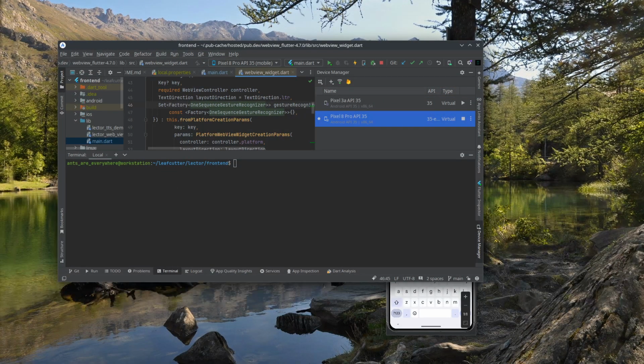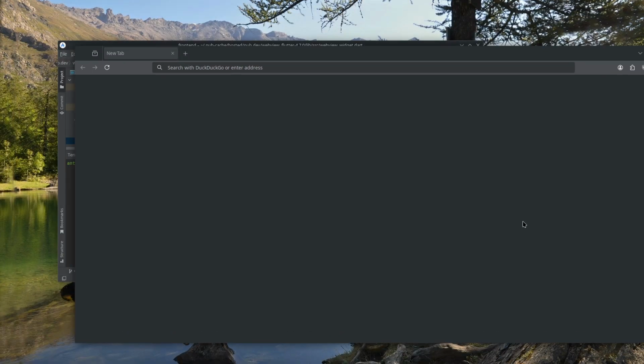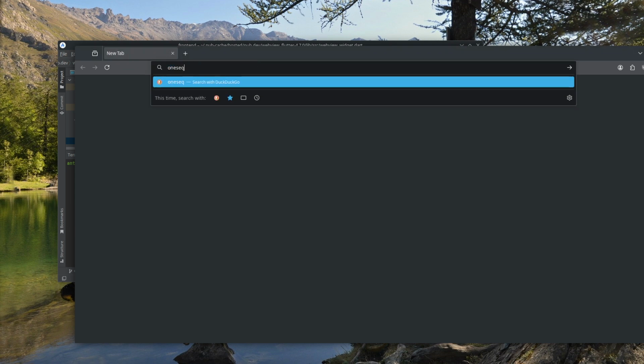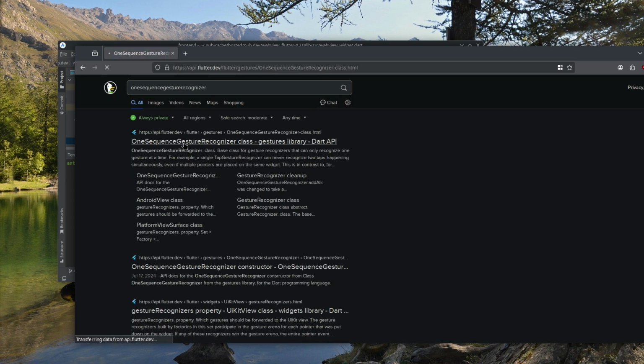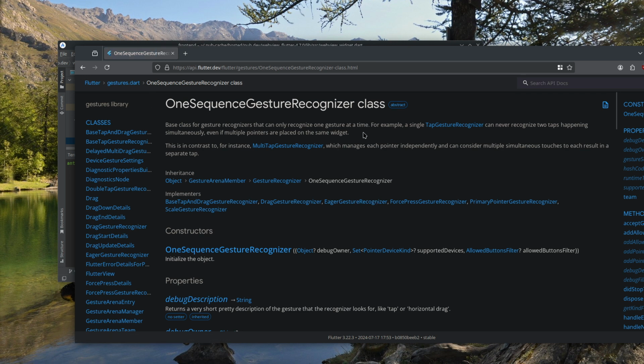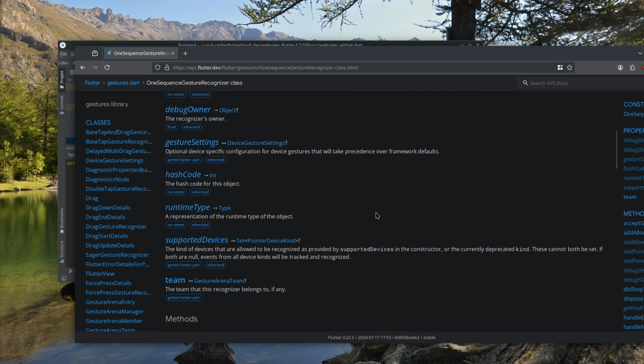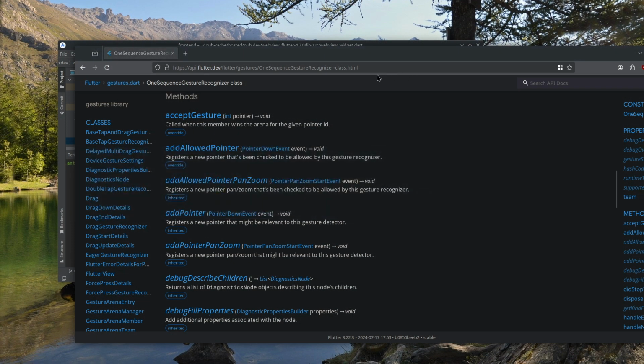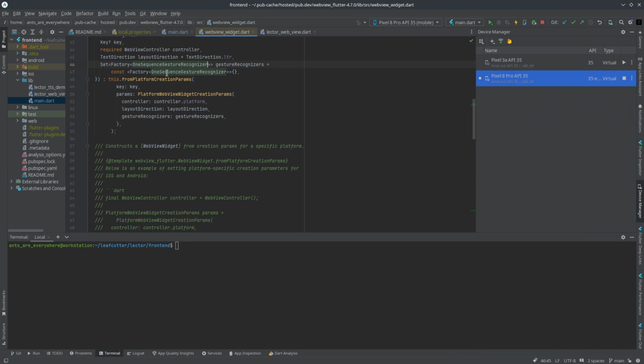I guess I'm curious enough to look up what that's supposed to be about. So it's some gestures library. Recognize one gesture at a time. So this is, I guess, things like tap and drag, eager gesture recognizer, and so on. Okay, so I don't really know anything about gestures. And then we've got some